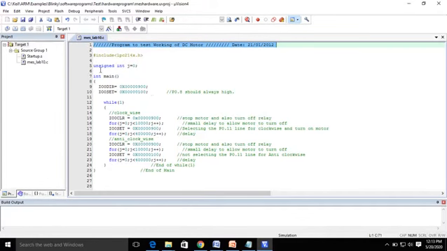Next, I have declared one variable, j, which is an unsigned integer, initially set to 0. Then I started with the main function, in which I have set some registers. These registers have to be set according to the experiment.